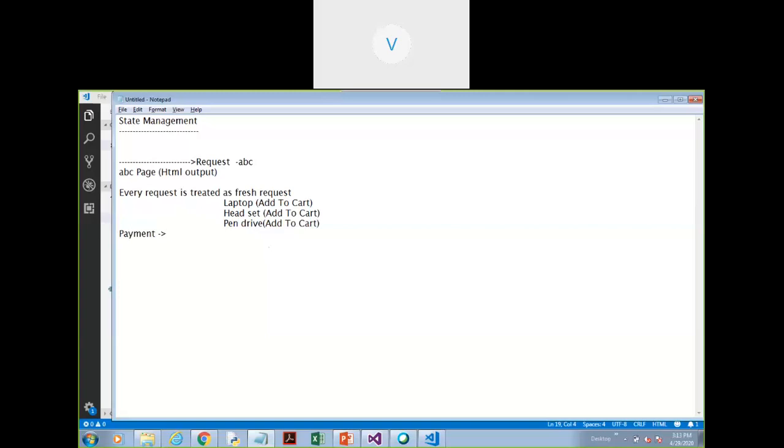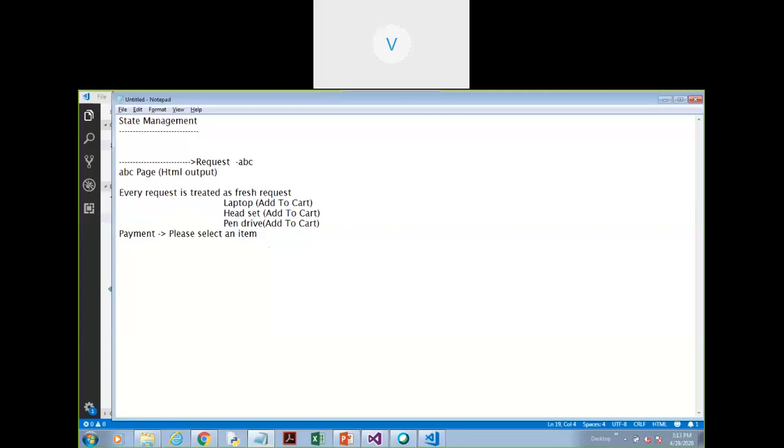The moment you go for make payment, you say okay, I need to make the payment. The moment you click on make payment, what is happening here? The server will say, please select an item, because the server is not remembering what you had selected earlier. Because every request is being treated as a fresh new request. The moment you visit another page, your previous selection is completely gone.